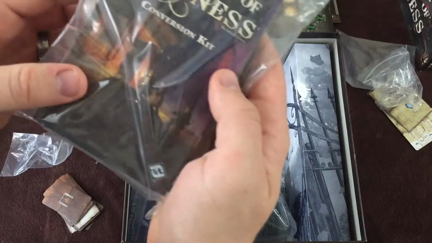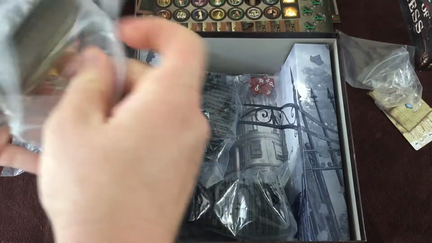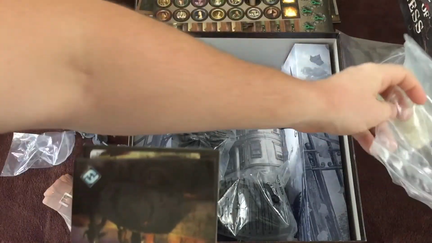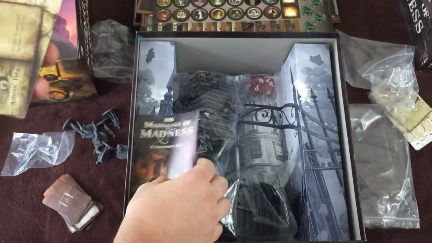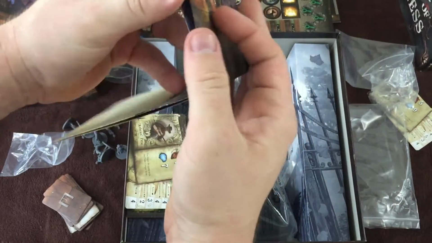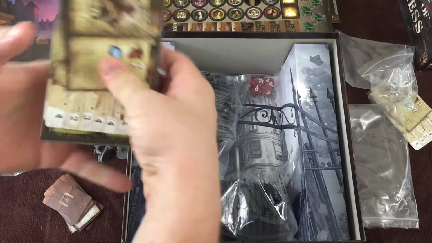Let's look in here. Here's a conversion kit. So here's what you're going to use to bring first edition stuff into this game. I guess here's a little pamphlet explaining how that works, which really isn't a whole lot. I mean, this is pretty self-explanatory, so you can see it's basically a little flyer to show you how to do this, which basically is going to consist of, here's